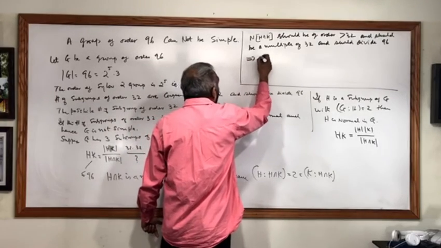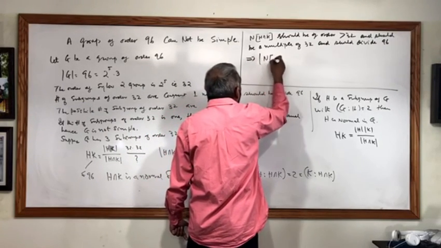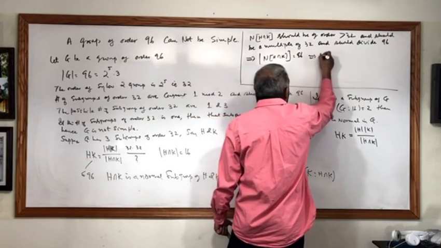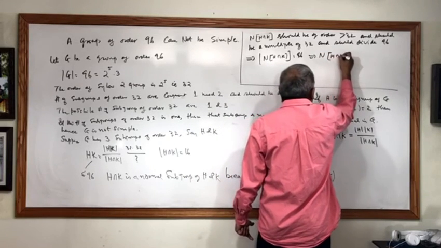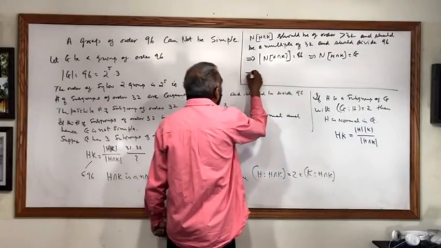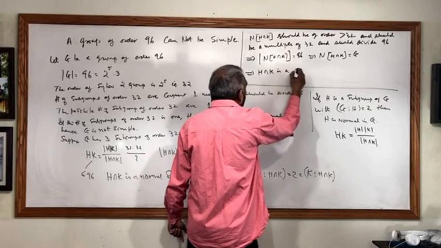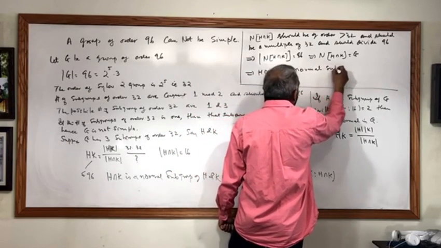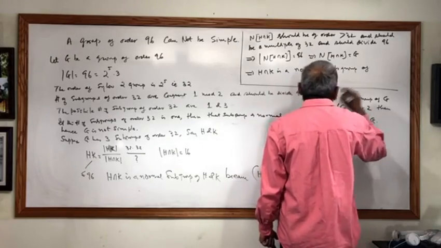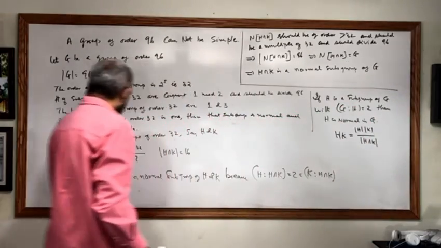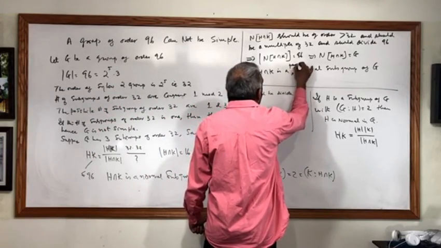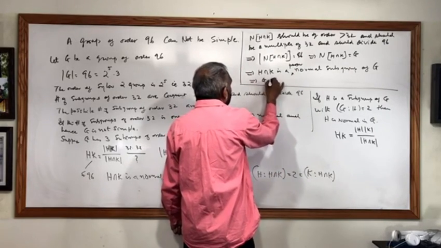That implies the order of the normalizer of H intersection K has to be 96, and that implies the normalizer of H intersection K is equal to G, and that implies H intersection K is a normal subgroup of G, a proper normal subgroup of G. That implies G is not